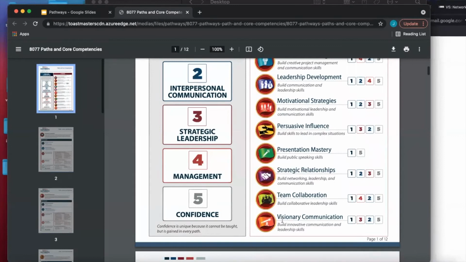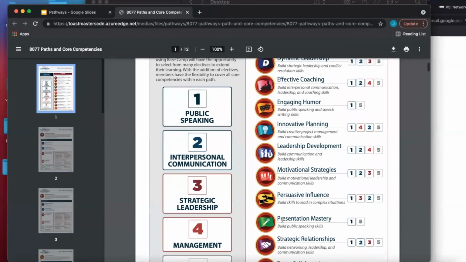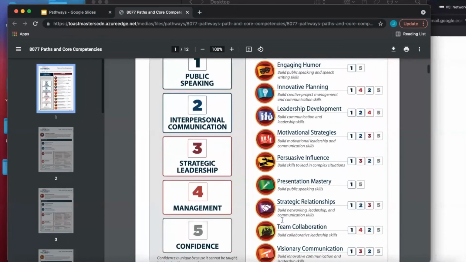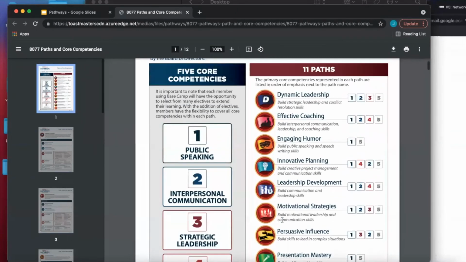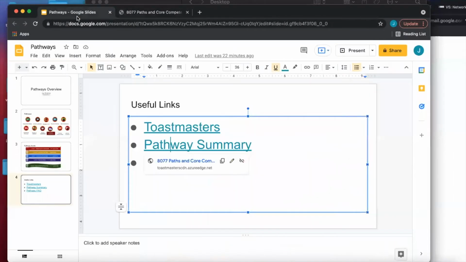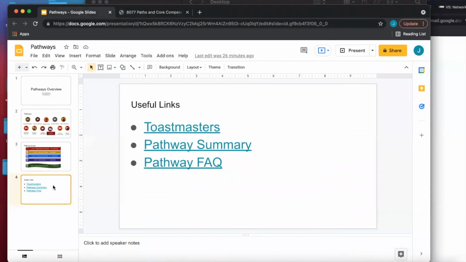And visionary communication actually takes you to the next level. You have to do challenging communication like hosting a workshop. All of these things are available, and then you can take any of them depending on what you want to achieve. You can go over in detail, and as I said, no matter what you take, they all have the same structure. Are there any questions?